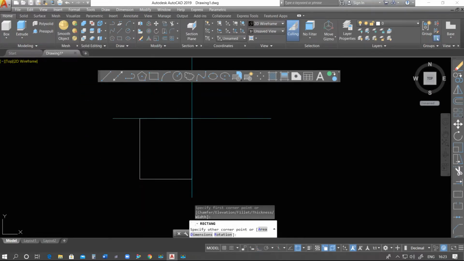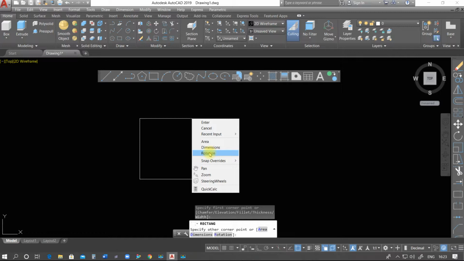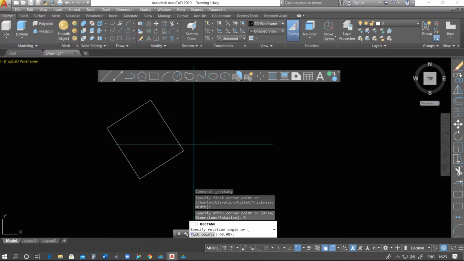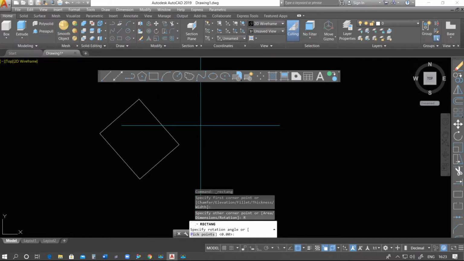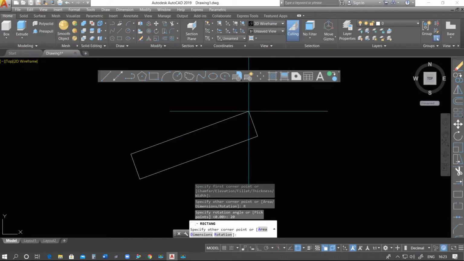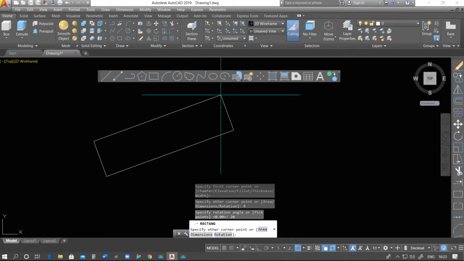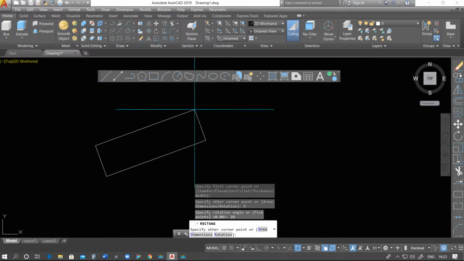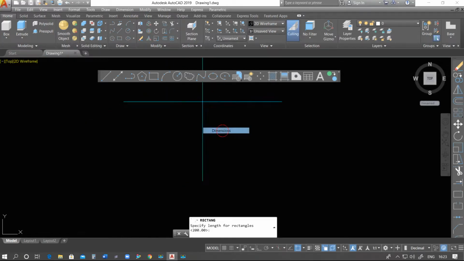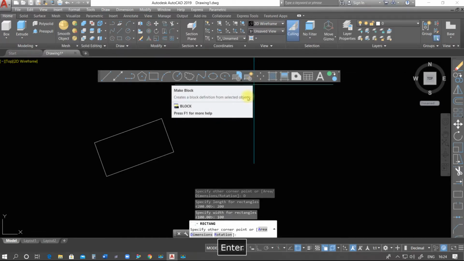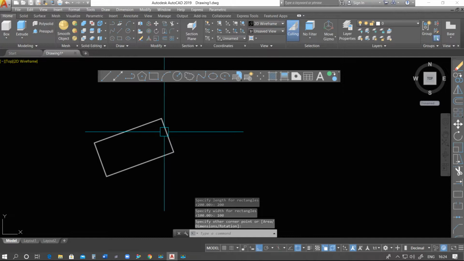Now there is one more option, that is rotate. Suppose I want to rotate the rectangle I'm drawing. It could be 10 degrees, 15 degrees, suppose I say 20 degrees. Press 20 degrees, press enter. Yes, now you see we have a rectangle, and the angle of this rectangle is 20 degrees. Now we want to define the dimension. Again right click, dimension, suppose 200 and 100. So length is 200 and width is 100.